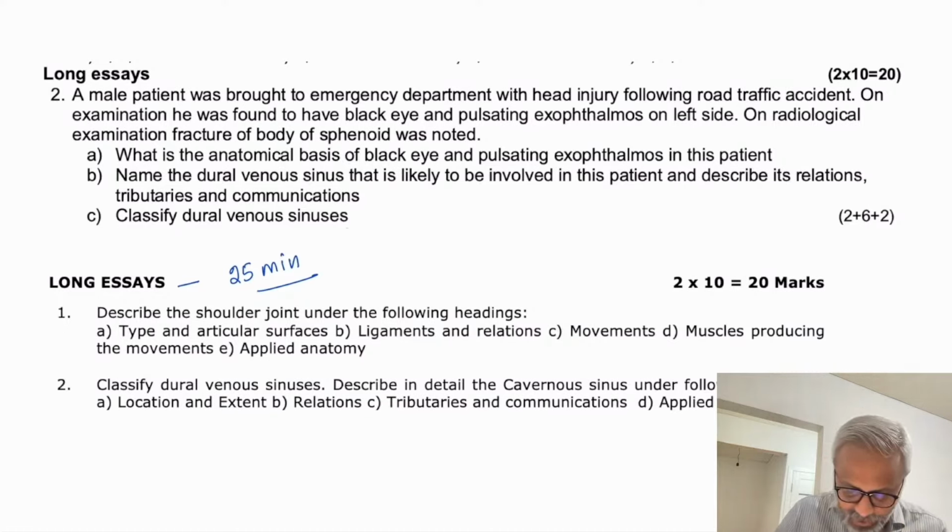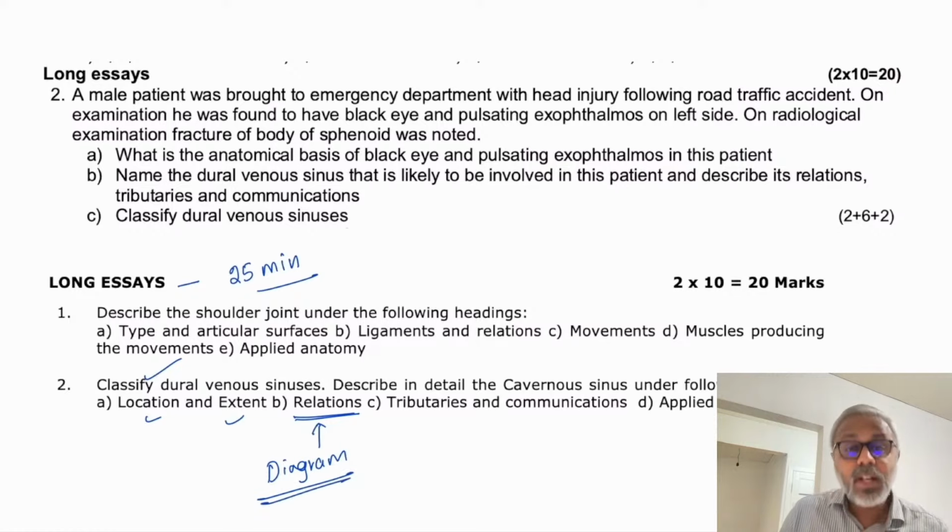Now in this, classify dural venous sinus again using a flowchart. Then location and extent, you can be very brief, right? Where the examiner would give more marks is to the relations of the cavernous sinus, and this should be substantiated with the diagram. Now, again, the thumb rule in writing the diagram is write the diagram wherever it is necessary,